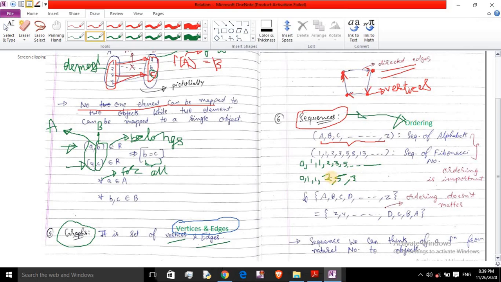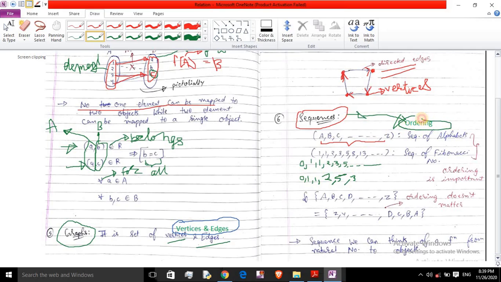So 3 is not the sum of its previous two terms. If we sum them, 5 plus 2 is equal to 7, but here it is 3, so it is not a sequence of Fibonacci numbers. We can say it is a set of numbers, but it is not a sequence, because in a sequence